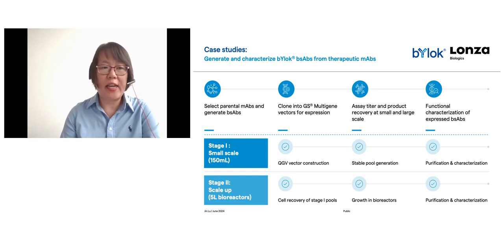In this case study, we selected some monoclonal antibodies to generate bispecific antibodies and cloned them into expression vector. Then we expressed them in a control cell line at different scales. We used a 150 ml scale and also scaled it up to 5 liter. The titer and the product recovery at both small and large scales were evaluated, and we also performed functional characterization